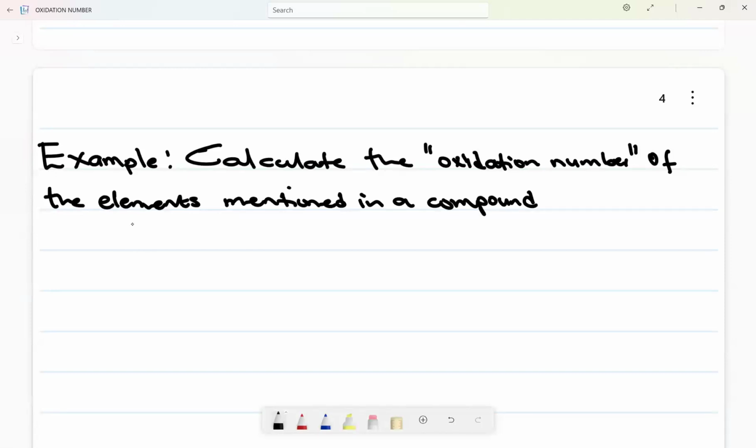Okay, now let's do that. Let's look at number one. Let's calculate the oxidation number of Cr in